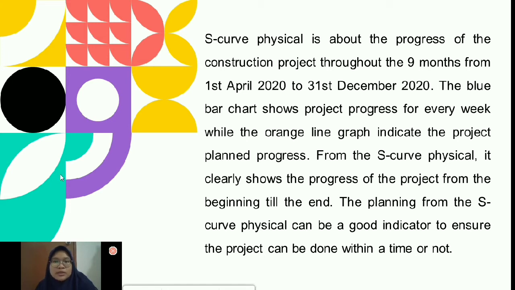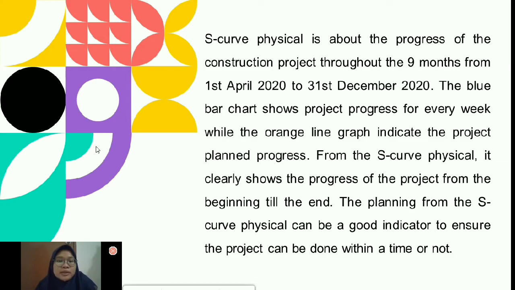As I said before, the blue bar chart shows the project progress for every week, while the orange line shows the planned cumulative percent complete, from the beginning until the end of the project. So the planning from the S-curve can be a good indicator to ensure that the project can be done on time or not.